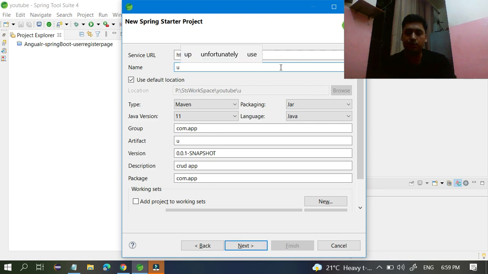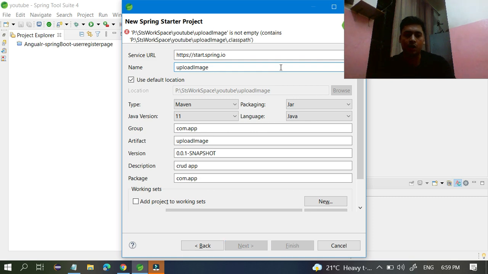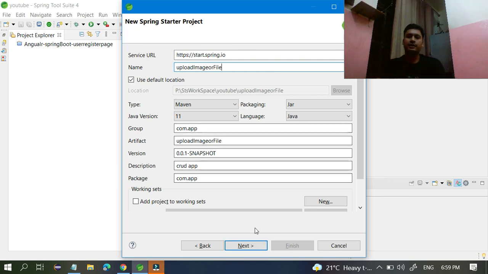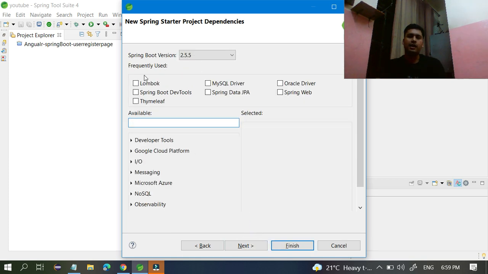Project name is upload image or file on server. Just take Next. If you want to store this image in a database, you can do this, but I'm not going to explain all those things; you can take care of it. I just want to explain how to take data from Postman and upload this data on the server, inside your project. So this thing I'm going to handle here.